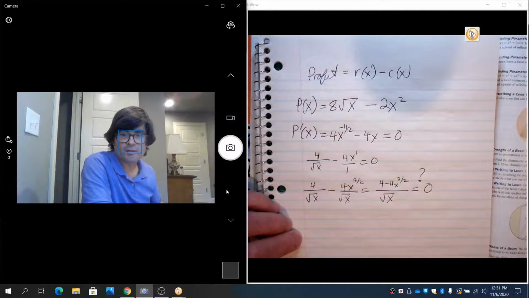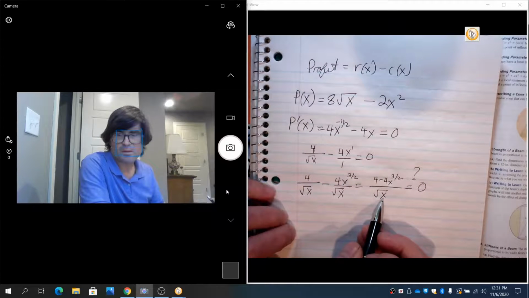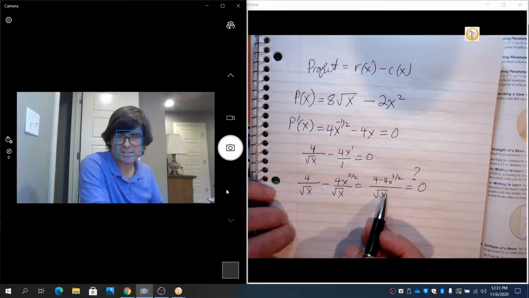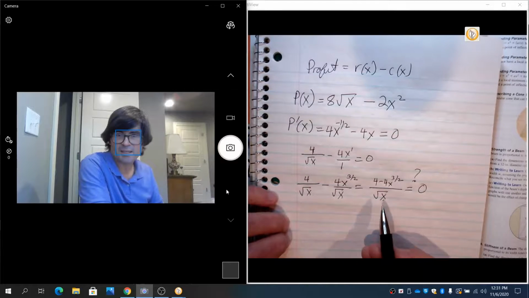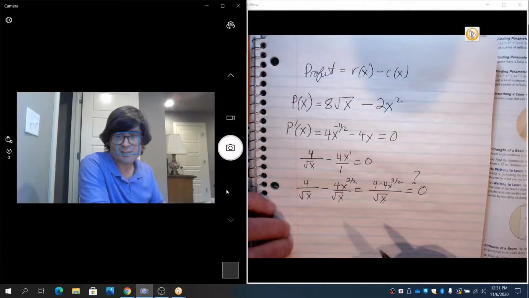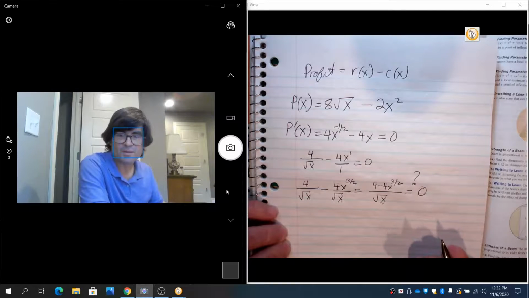Something to know, first of all, obviously you can't have a 0 under the square root. You can't have a 0 in the bottom of the fraction, so x cannot be 0. Also, you can't have a negative under the square root, so x cannot be negative. Because x is the number of 1,000 items sold, obviously you can't have negative items sold anyway, so that's not a concern. Also, we're going to rule out the case where we sell 0 items, because that's probably not a very useful case to consider anyway. So keeping in mind that x is a positive number,